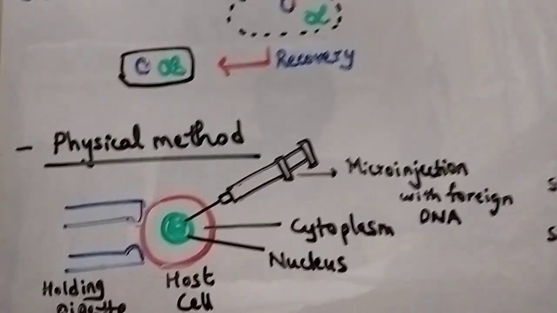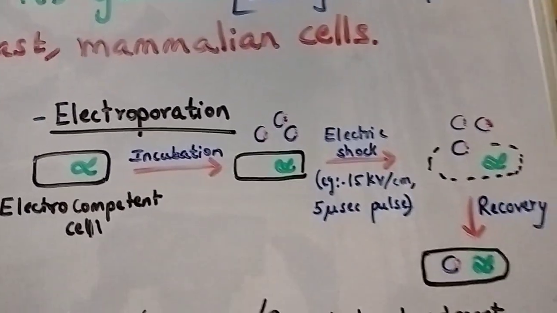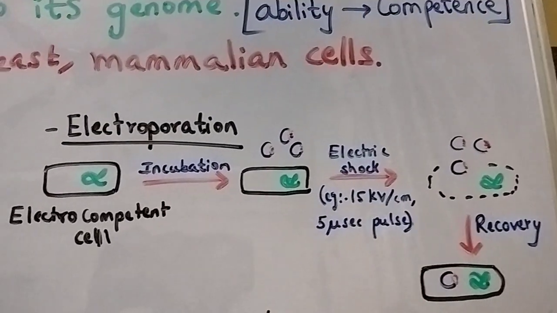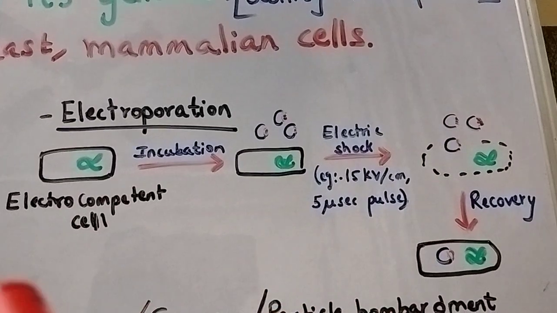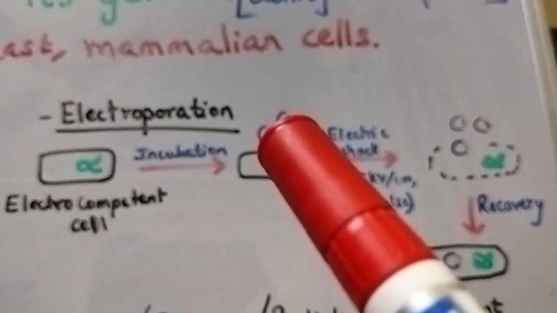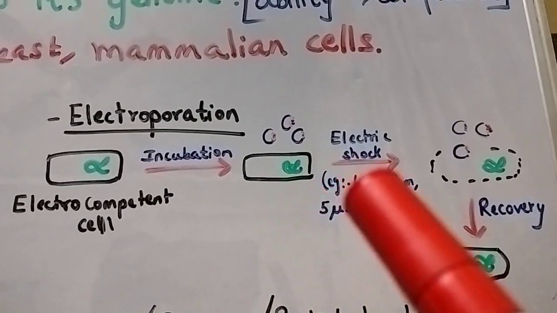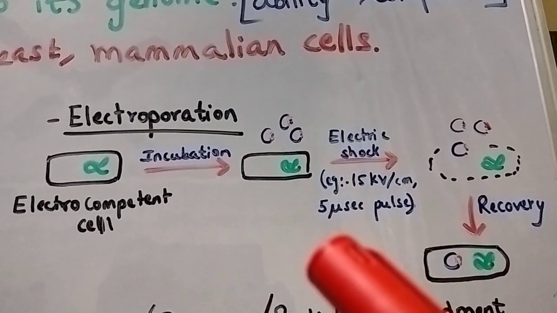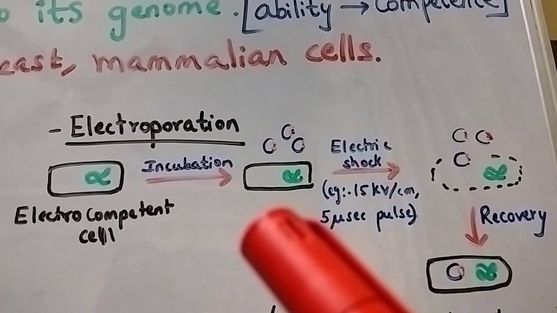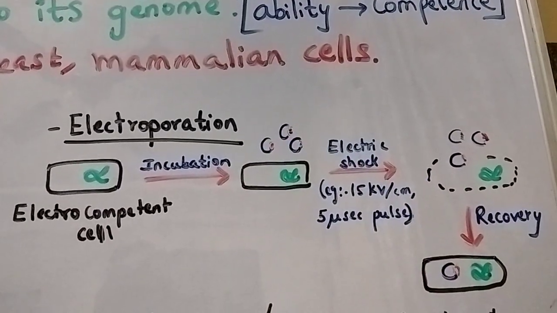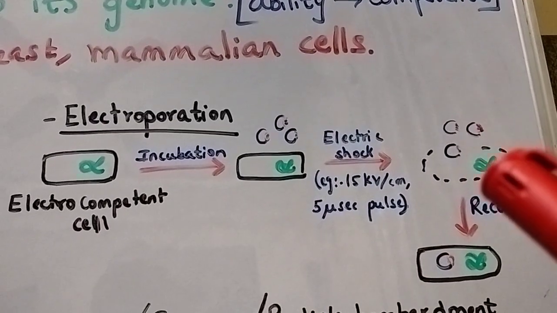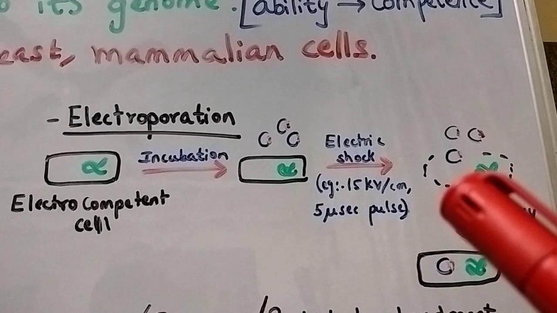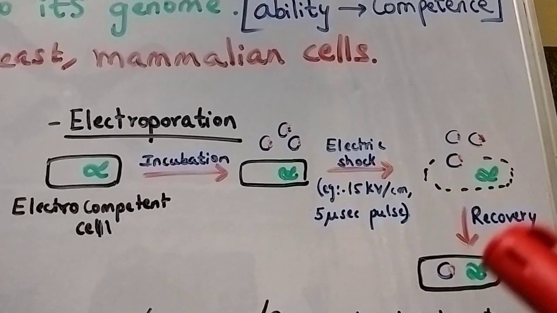Now moving on to the electroporation method. Electroporation method is similar to that of chemical method. Here, the electrocompetent cell is incubated along with the new DNA and subjected to electric shock, that is nothing but a high voltage pulse applied to the suspension of the cell and the DNA. This pulse induces local areas of cell breakdown and pores are formed through which the new DNA enters into the